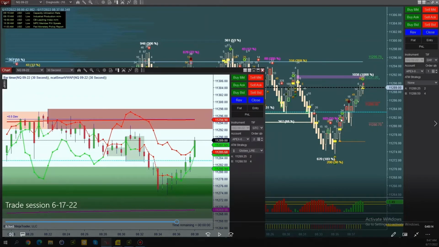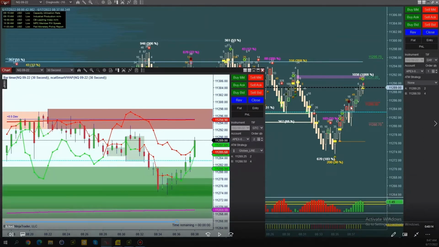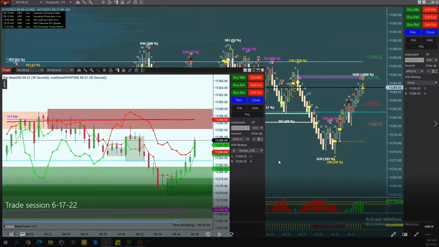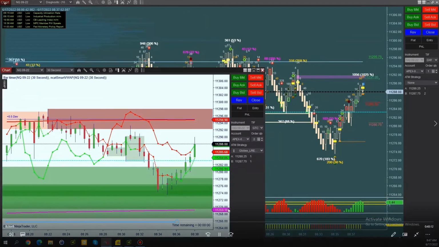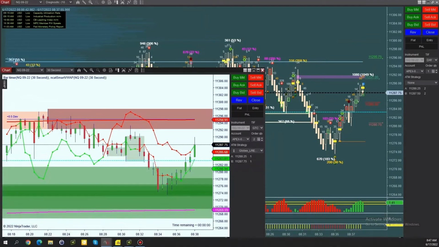Fortunately, if somebody took this, they would have got enough for the scalp, the 5-point LRE win. But, ooh, you had to really get in at the exact right moment and you would have taken profit perfectly. If you would have got in any early or any late, you would have missed this and probably would have got a loss. Okay, so that's why I stayed out of this one.